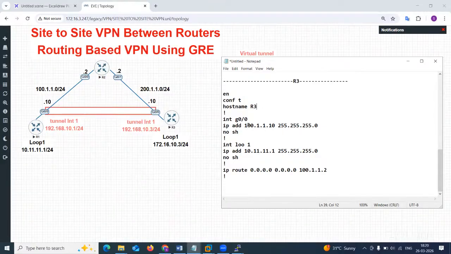Okay, so here it comes with R3. On R3, I have given the 200.1.1.10 IP here at the G0/0 interface. Loopback interface, which is our private IP, 172.16.10.3, I'll give an IP, and the gateway will be